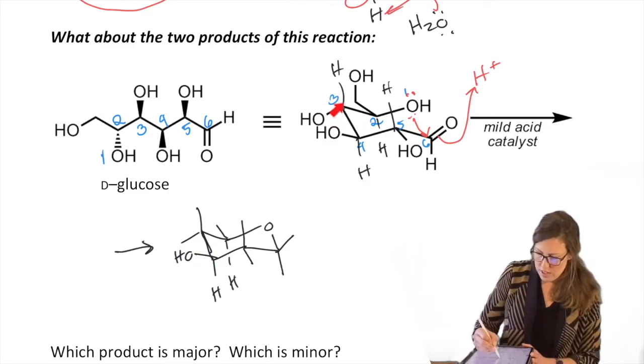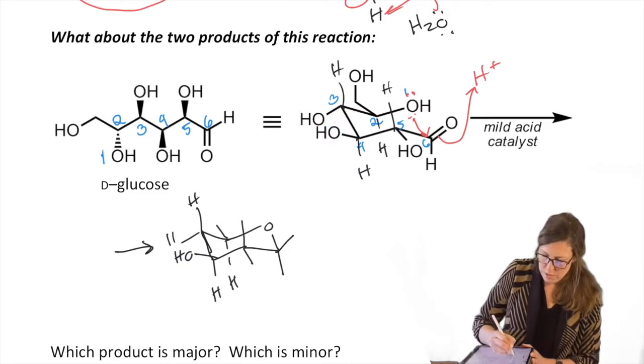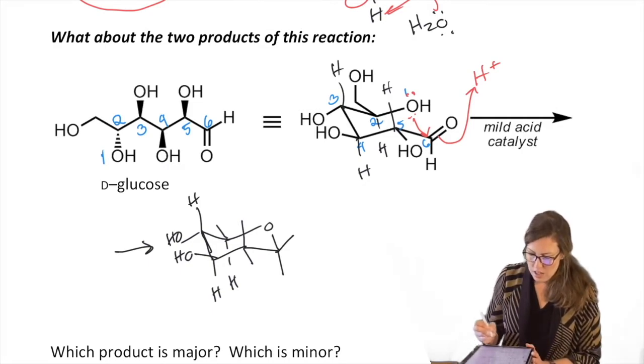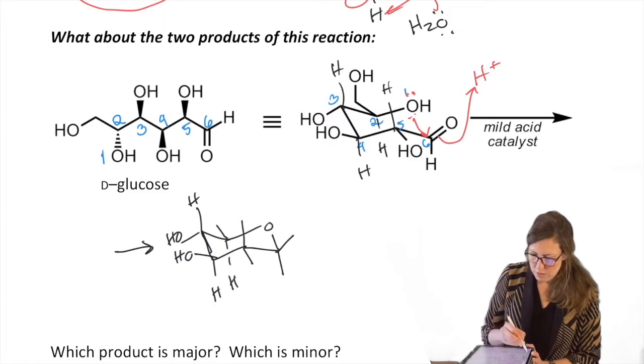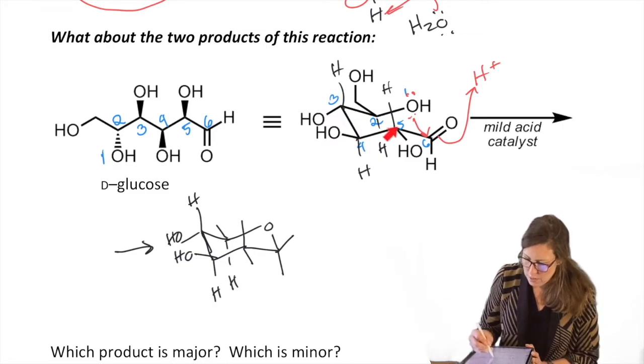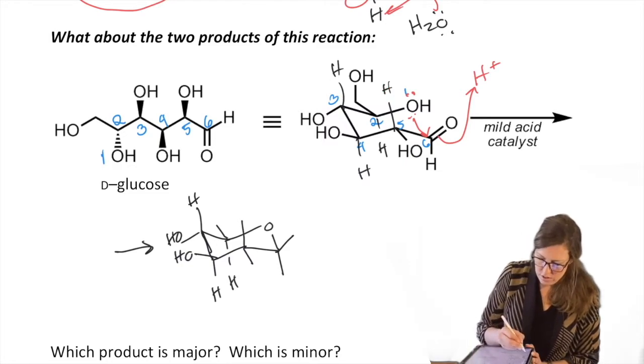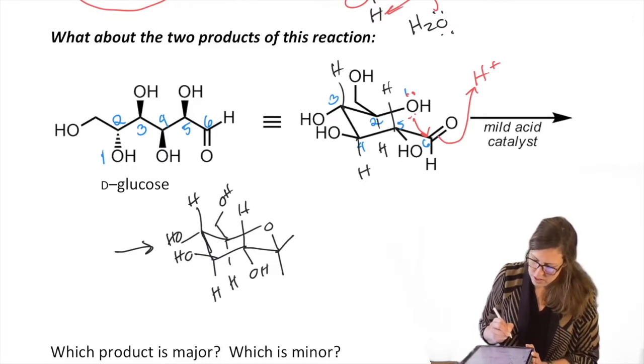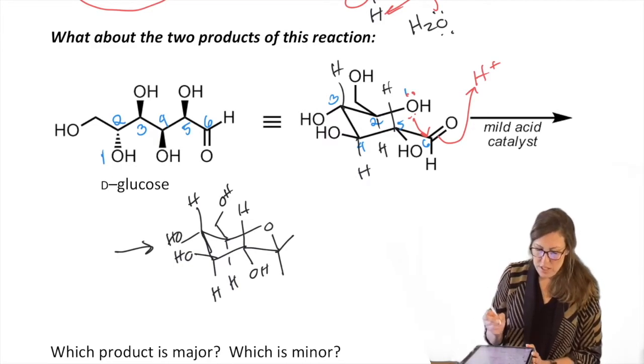So that's equatorial. H was above. That's axial on this particular carbon. Axial does not mean above or below, because remember, it's half and half, above and below. So we have to really pay attention to what's above and what's below when we go through this. Carbon 5 has equatorial and axial H. So equatorial OH, axial H. Carbon 2 has that CH2OH. Carbon 6 opened up. This is the one that could be different.